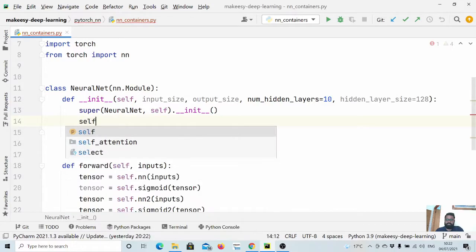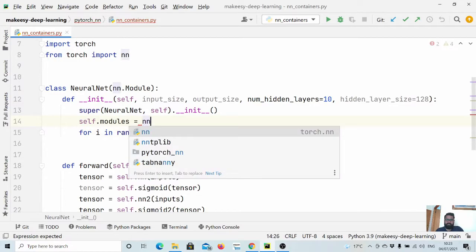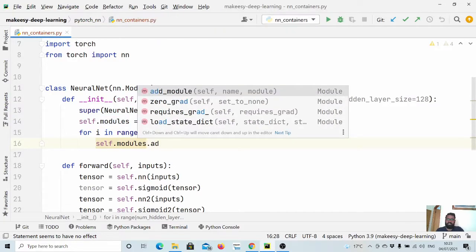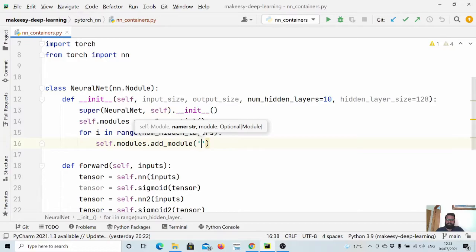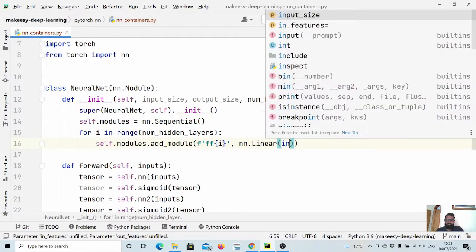and also let us create self.modules, and let us call it nn.Sequential. This is how we want to create it, and now we will simply add modules to the sequential container. You can simply call add_module, and we can simply name it. Let us call it ff. Now let us append the number so that it will be distinct, and we simply say nn.Linear, and we simply say input size